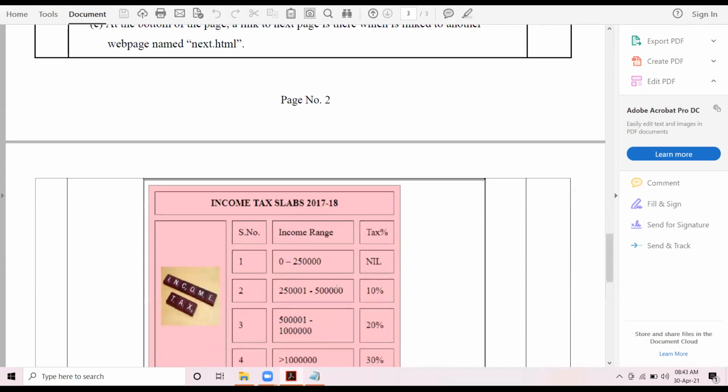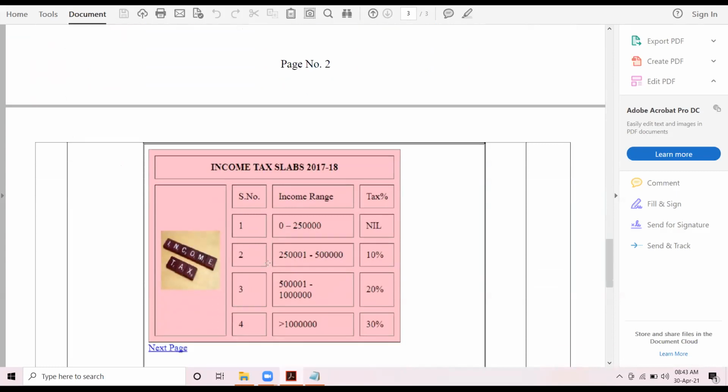Now I have a question. The first cell of every row has been merged with the first cell of the first row. How many cells will remain in all the other remaining rows? 3 cells.